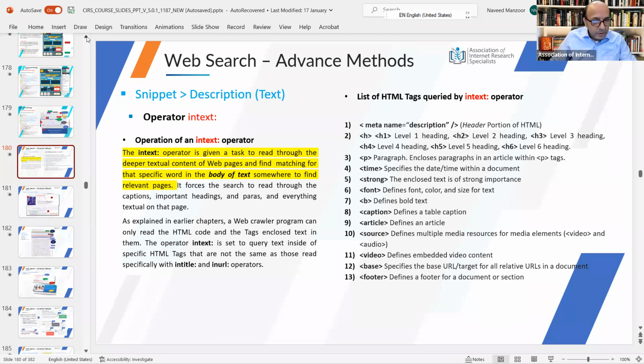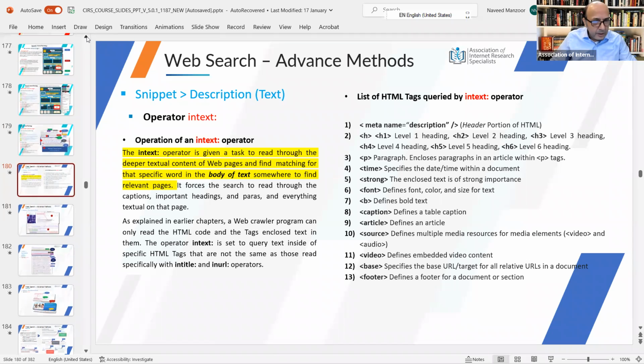So what happens with in-text? In-text is the deeper search that we do in the content pages. So what happens is that whenever we are using in-text, we are matching your search terms with whatever content or the body